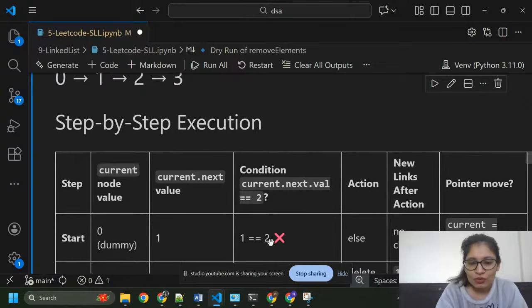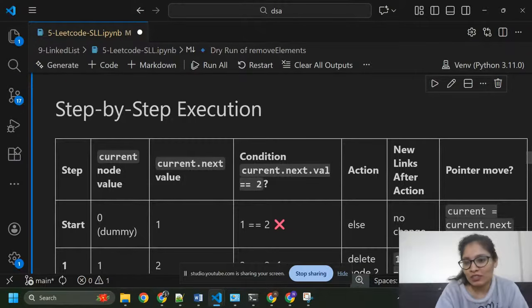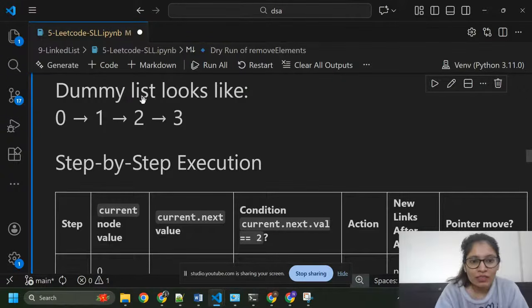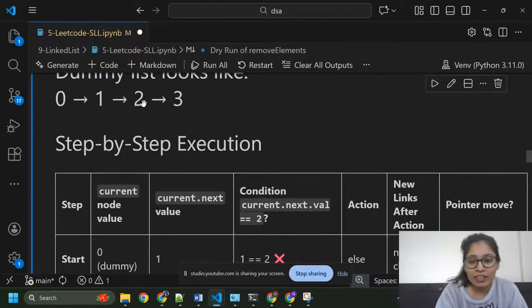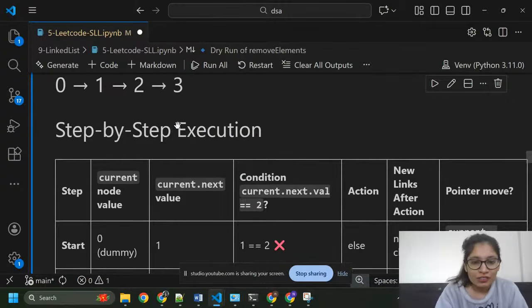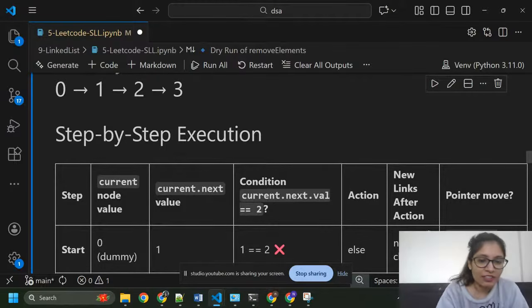So no, these are not equal. Then we move on to the else condition and we don't need to change. And we will go to the 2, that is current dot next.